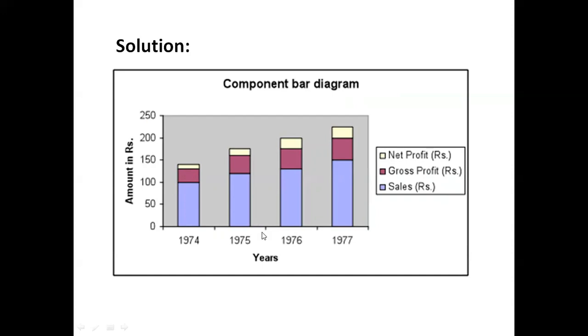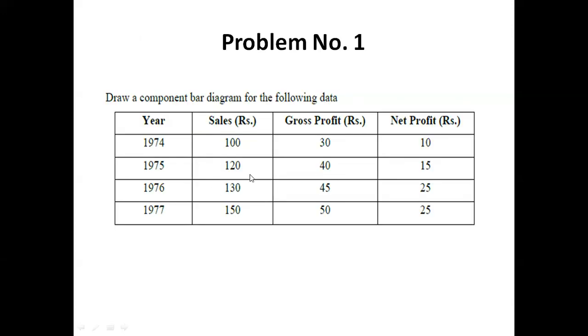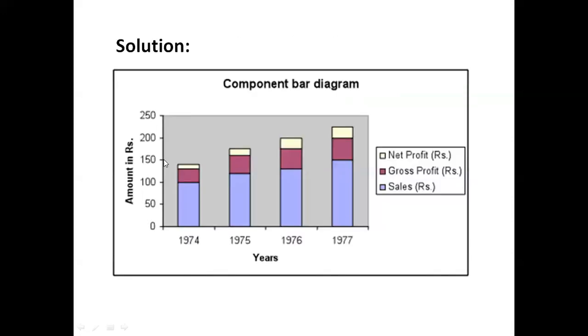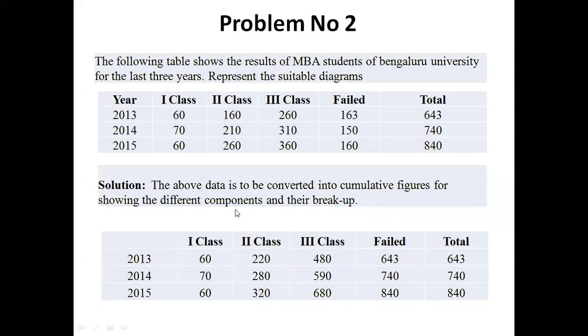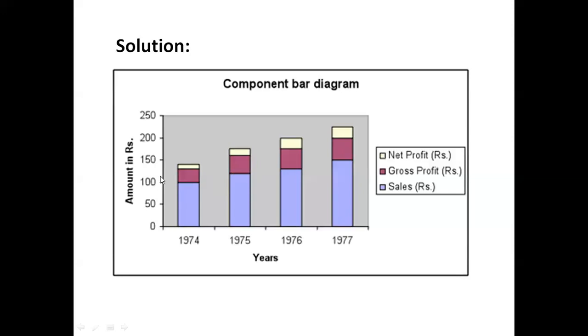So the second bar, what about the second bar? Total length of the bar is 175. This is 150, and 175 means up to this level, because the total length is 200, that is 50 difference. Therefore, it is 125. So what is the profit? That is 120, 40, 15. 120 is the profit, so 120 is shown here. It comes to this point, 120 profit, and then the remainder is GP and net profit.